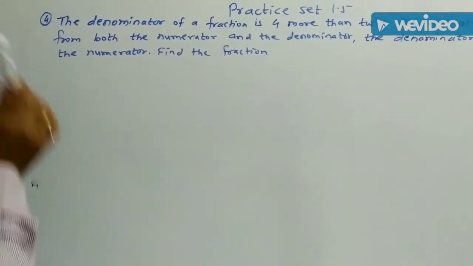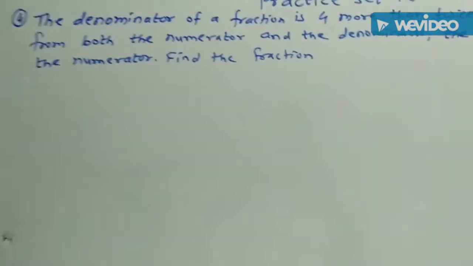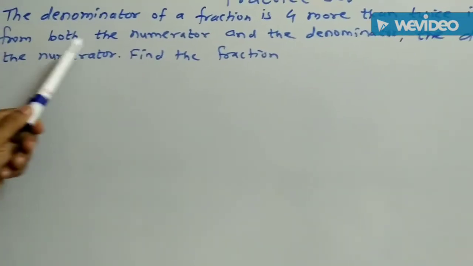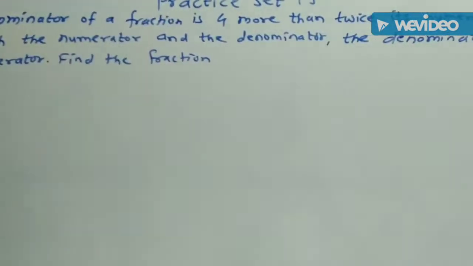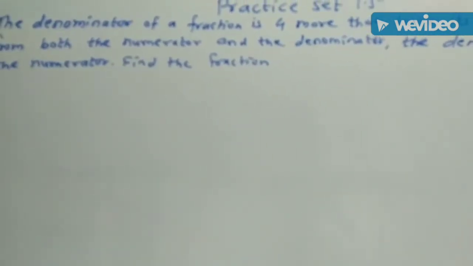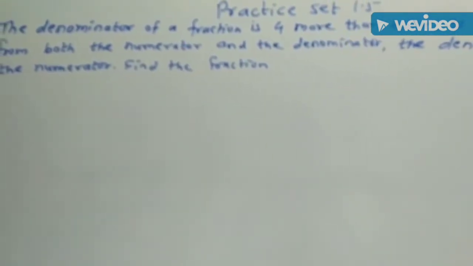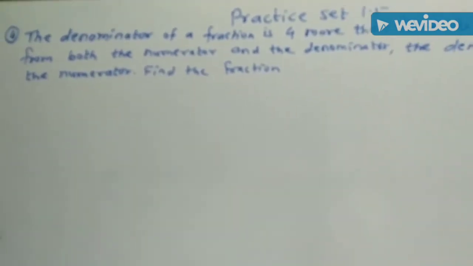Example number 4 of the practice set 1.5. The denominator of a fraction is 4 more than twice its numerator. If 6 is subtracted from both the numerator and denominator, then the denominator becomes 12 times the numerator. Find the fraction. In this fraction we have to consider variables for